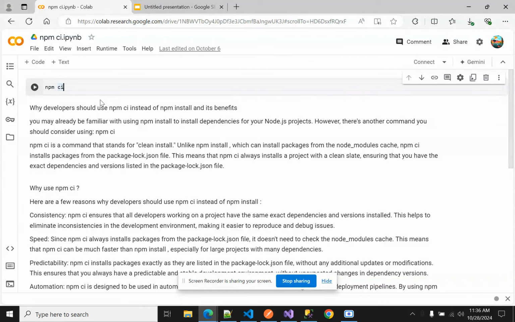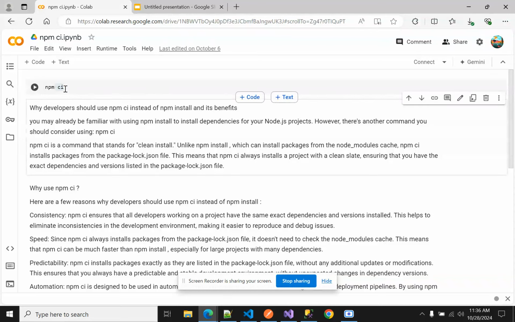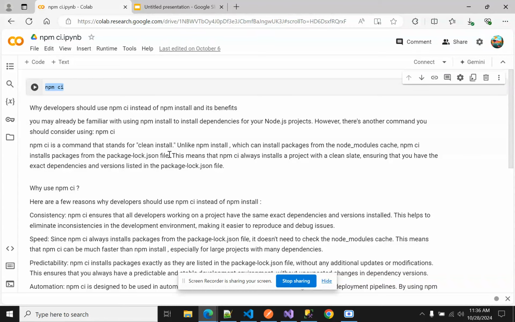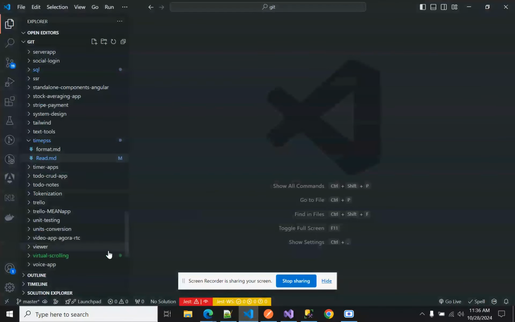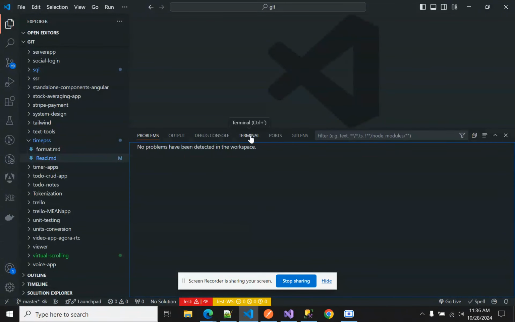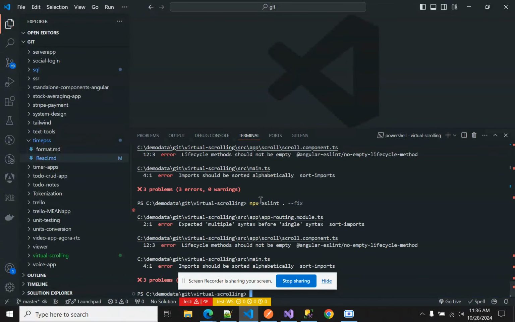As you are already aware of npm install, there is also another command, which is npm ci. Basically, it picks up the dependencies from the package-lock.json. Let me take an example of a project. Currently we are on the virtual scrolling project. If I go to that,